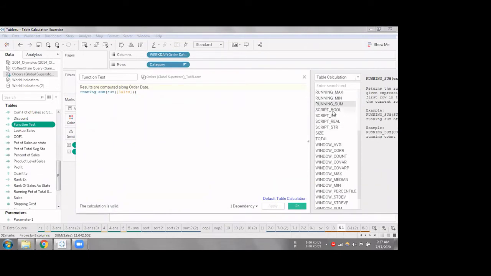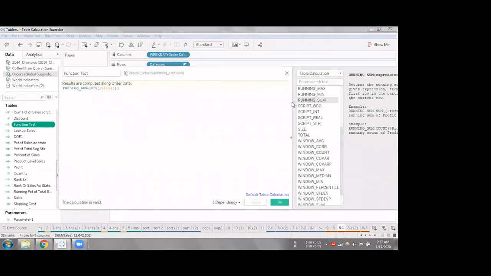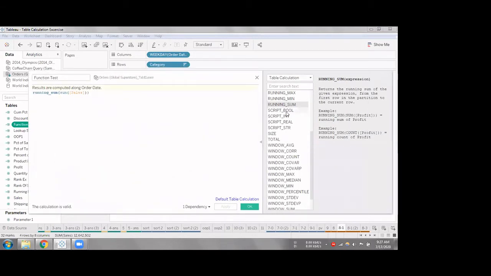And the next set of functions that you can see here, the script, bool, everything that starts with script, these 4 functions. These are normally not used in any of the Tableau visualizations. These are the functions basically used to integrate Python and R scripts into Tableau, which is very rare. People very rarely come across those things, and currently we don't have enough resources to explain how these functionalities work, so we'll skip them for now.